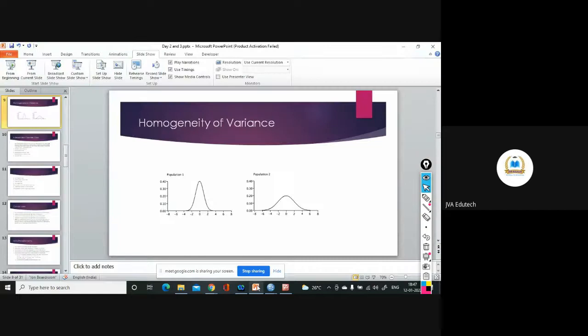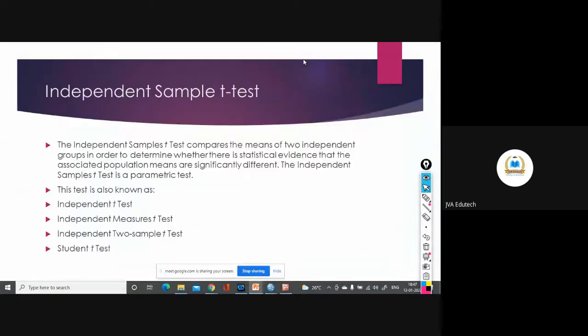Now moving on to the independent t-test. This test, as I told you, compares the means of two independent groups, meaning two mutually exclusive groups, groups coming from two different populations having two different characteristics. This test is used to compare the means of two independent groups in order to determine whether there is statistical evidence that the associated population means are significantly different or not.